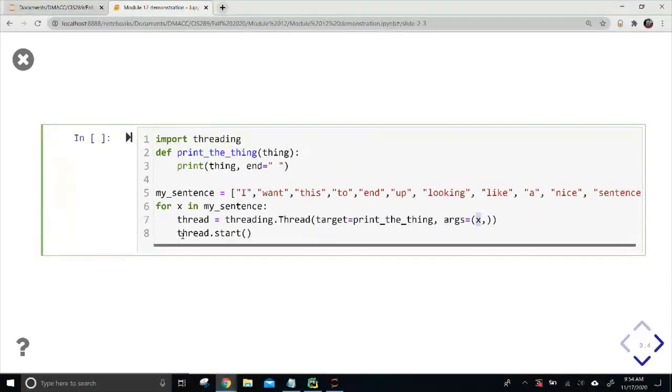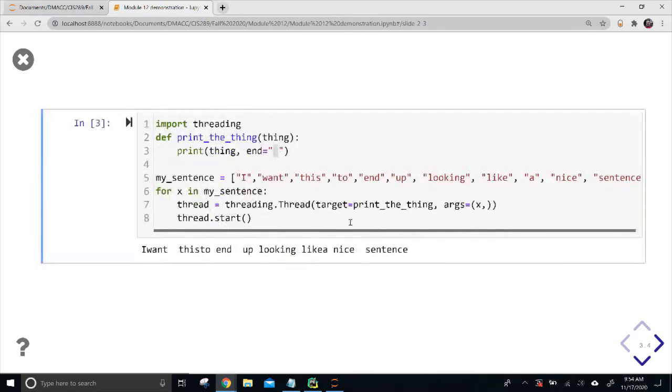So that gets passed to that thread, and then the thread starts, which just takes that word and prints it with a space afterwards. So I assume this will look ugly the first time. You can see that I get "I want" is stuck together with 2 spaces, this to end up looking like